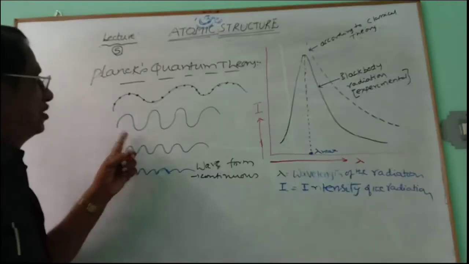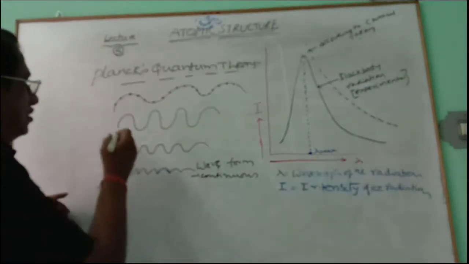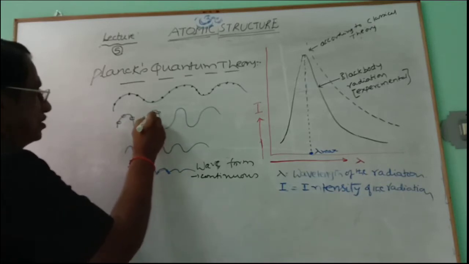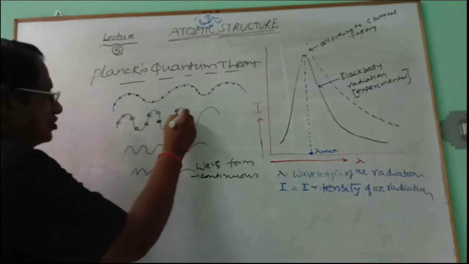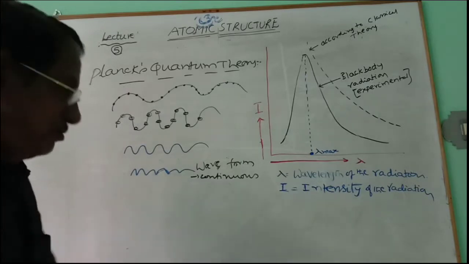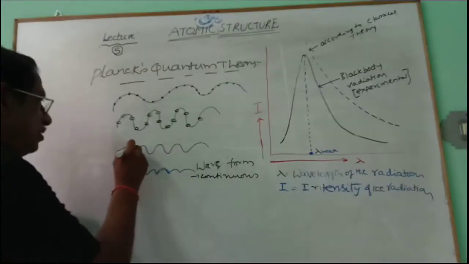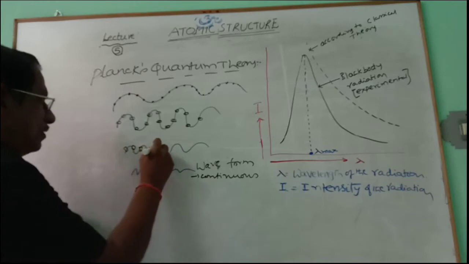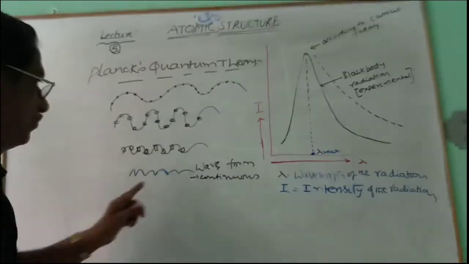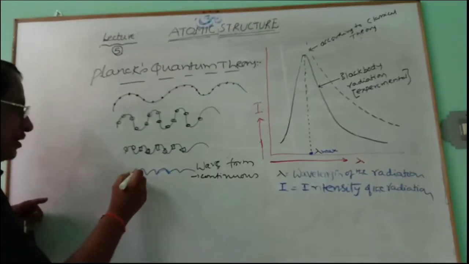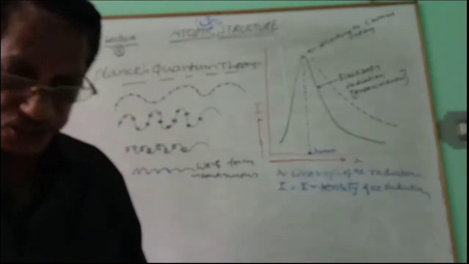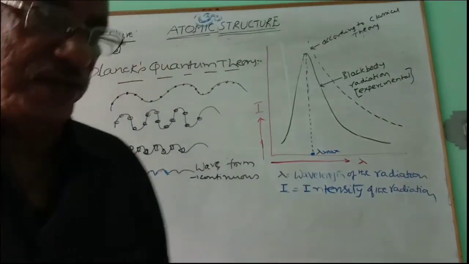And if you take this radiation, which has a smaller wavelength than this, the packet here will be somewhat large. Of course, along this it will be uniform. This is the imagination. If you go still further the other way, to a still smaller wavelength, the packet is still greater, like this. We will have greater packets of energies. In this way, every radiation will be associated with a discrete packet of energy.